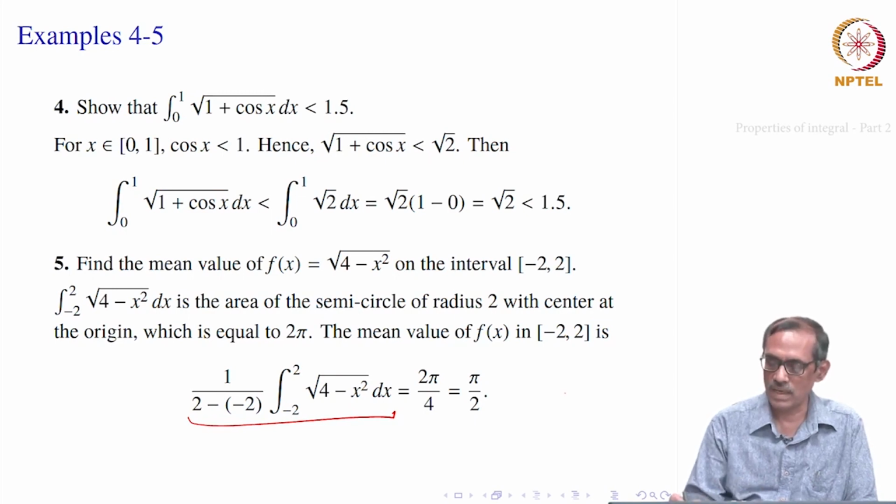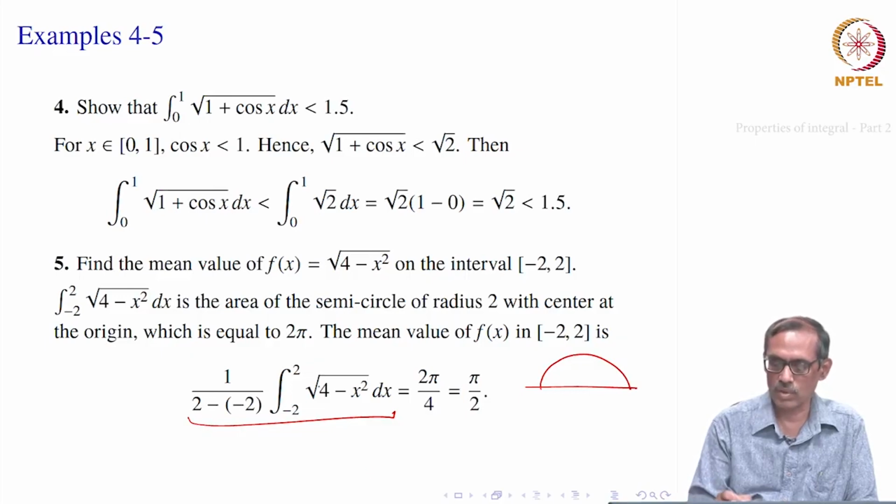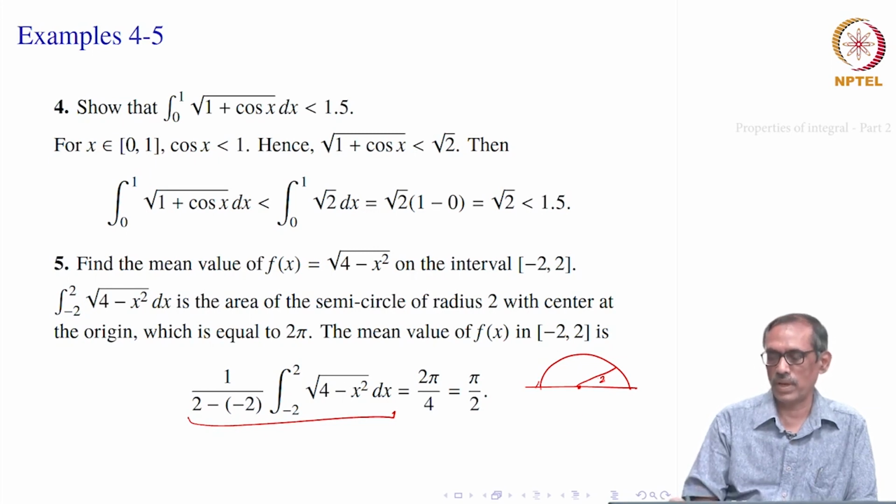But what is this integral really? So, y equal to square root of 4 minus x square is a circle, it is a circular arc, it is a semicircle really, the square root is positive only. So, it lies on the upper half plane. So, that means its center is at 0 and radius is 2. So, now you see x square plus y square equal to 4, that gives you y equal to square root of 4 minus x square, right, that is the curve.